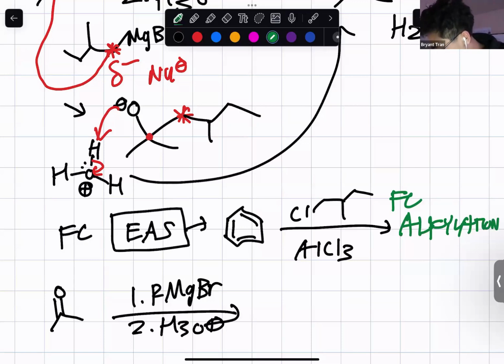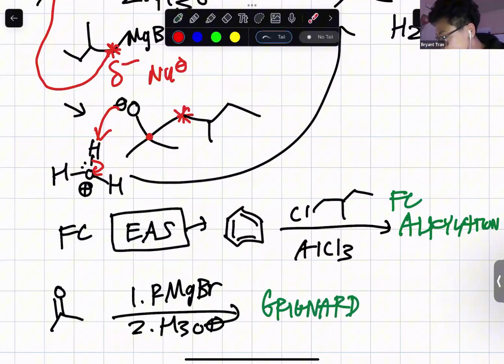This reaction here is organometallic, specifically a Grignard reagent, right? I've noticed that a lot of students get overwhelmed by the many substituents and reagents that are very similar to each other, and they commonly mismatch them. So it's very hard to determine what reaction is what. But what I recommend is that when you do these reactions here,